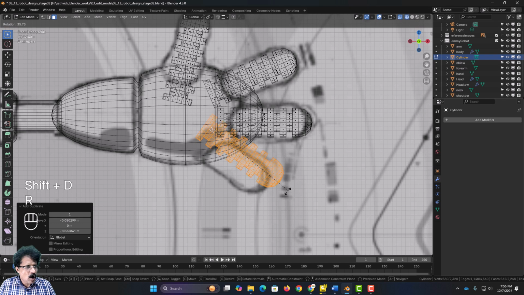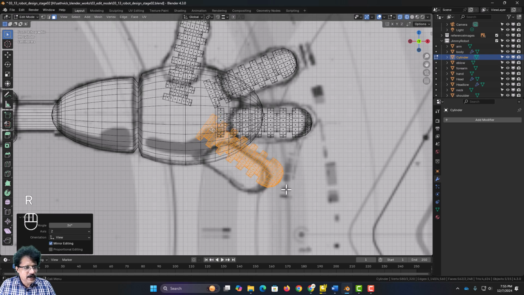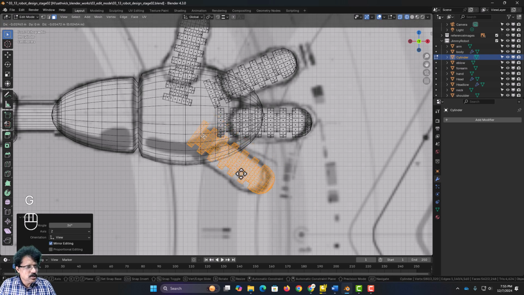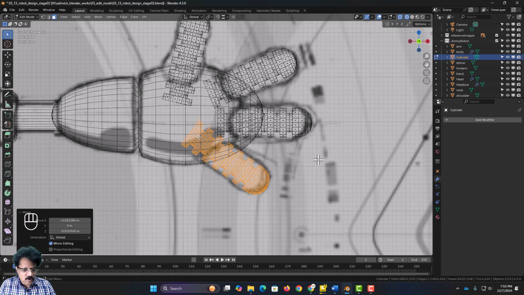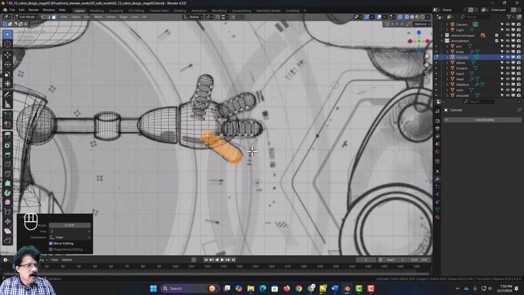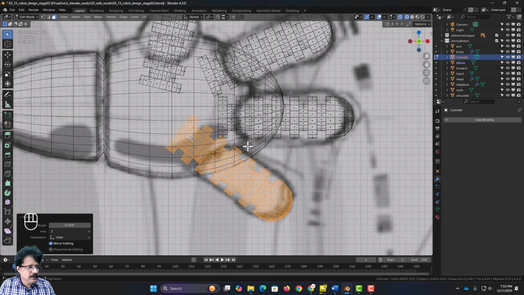Similarly, I will press Shift D again, press R and rotate it like this. Press G, move it and set the position like this. If required, I will press R and slightly rotate it. So now I have my 4 fingers, but the only thing is, whatever part you are seeing inside the hand,